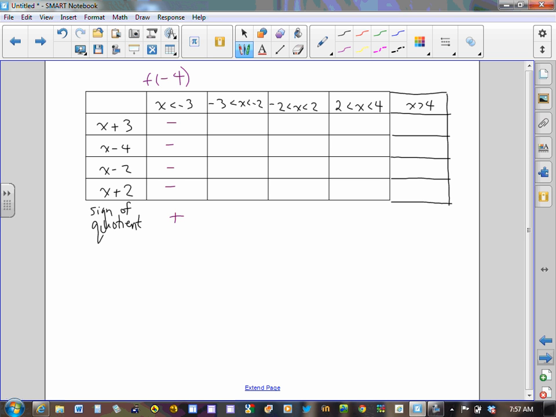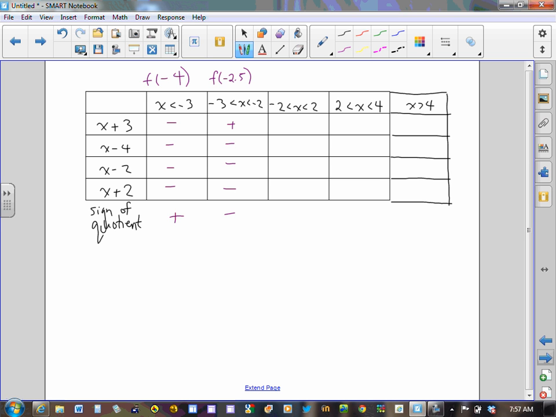Okay, let's tackle one more interval and see what we come up with. So from -3 to -2, we could very well look at -2.5. And if we test each of those intervals, we'll end up with a positive, a negative, and followed by another negative. Now the quotient of 3 positives and the negative are going to produce an interval where the y values are